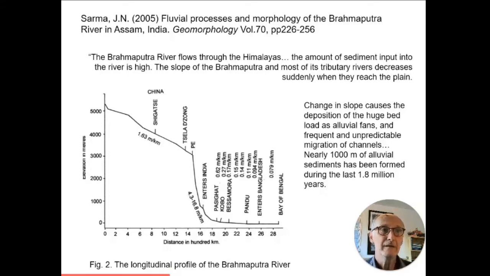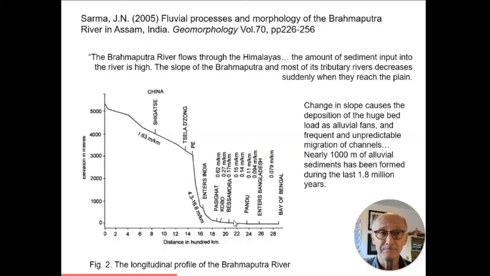But the slope of the river decreases when the river comes out of the Himalayas and reaches the flat plain further downstream. And there's a cross-section on the left-hand side here, basically showing the course of the river through the Himalayas, down out from the edge of the Himalayas and onto the flatter ground below. And here, at this point, there's a sudden decrease in the gradient of the flow of the river. So you would predict, based on what we've just been talking about, if there's a decrease in gradient, the river at this point won't be able to carry so much sediment. Lots of sediment was put into it up here,